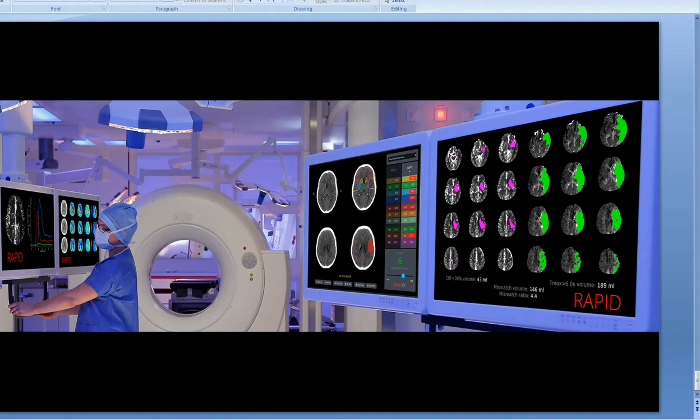You can consider global hypoxemia. That means thrombectomy is probably not useful. This one is RAPID, they're working on it. This one's already available in Europe. They automatically generate the score for you